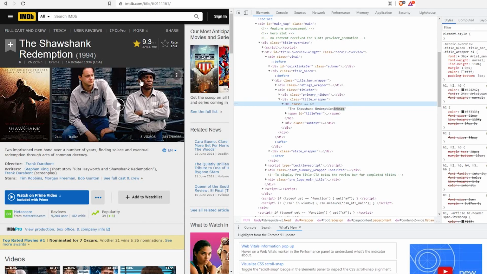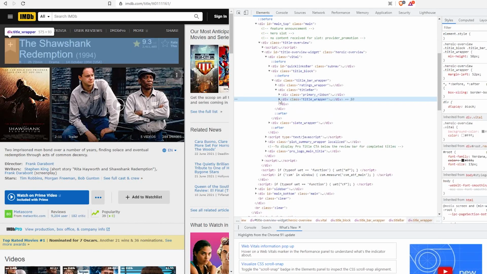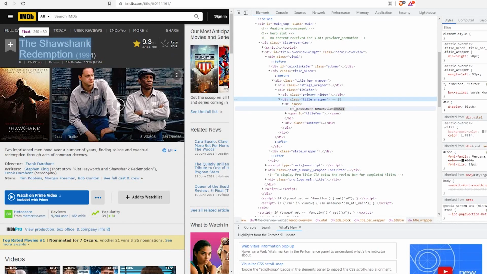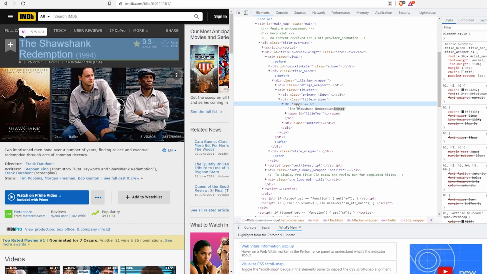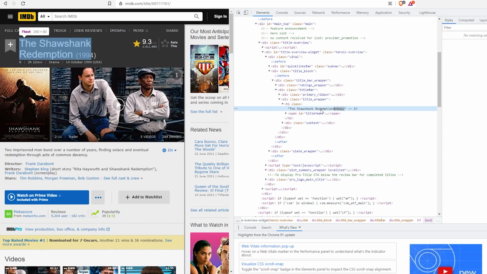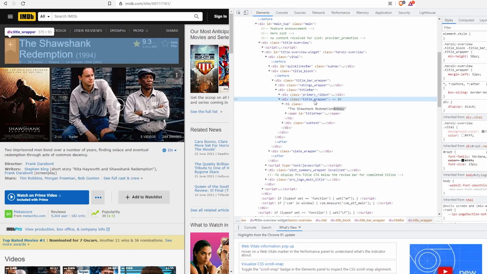So what we are going to do is try to extract this title using this. But we cannot use the h1 class because it is a very generalized class. So we have to look for one class that is above it, which is this one: div class title wrapper, from which we are going to extract the h1. You can use the class or ID in order to extract the data, because here it is only h1 class, and you cannot use that alone to get this data. So you will have to focus on the title wrapper.